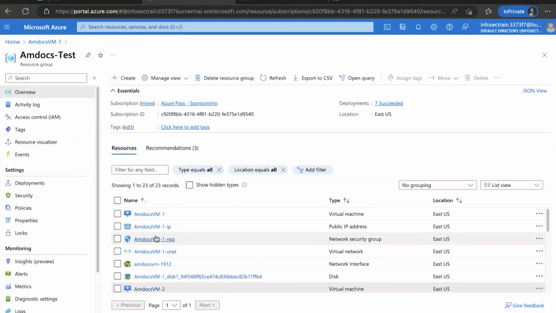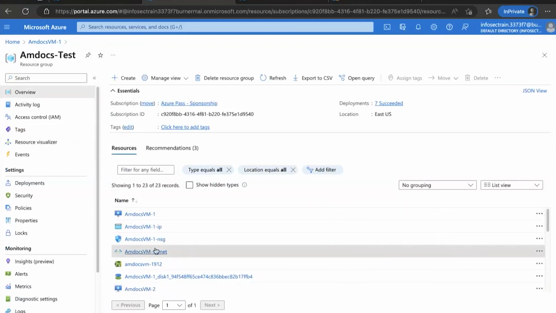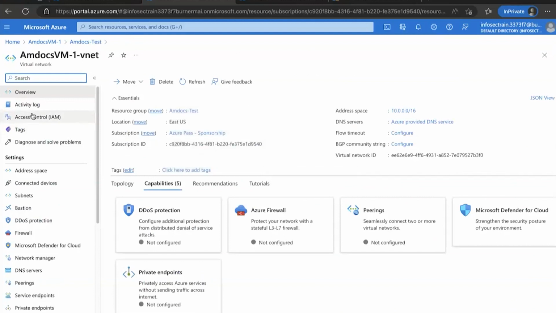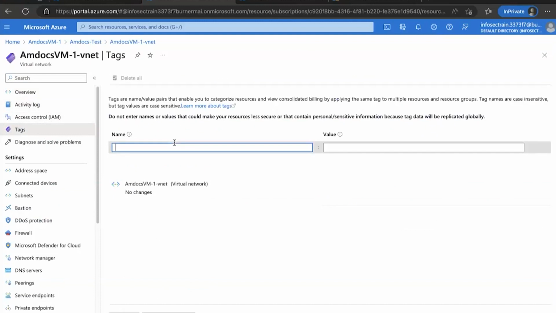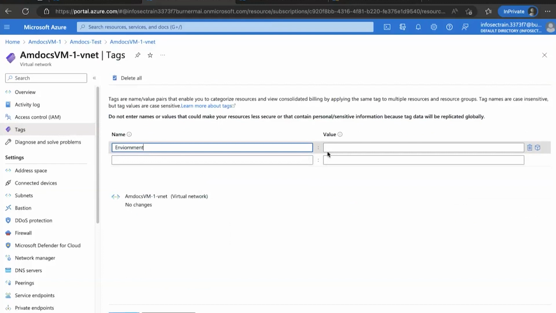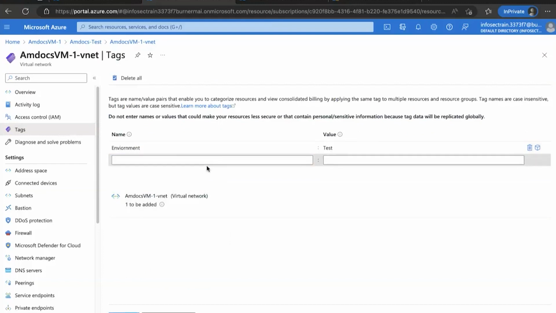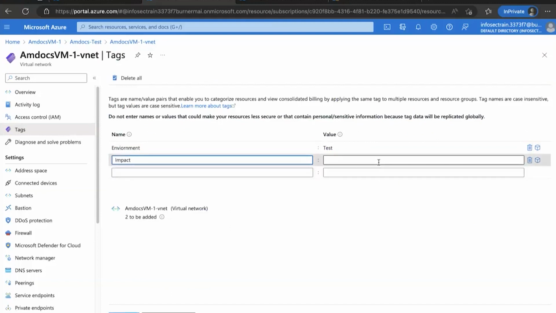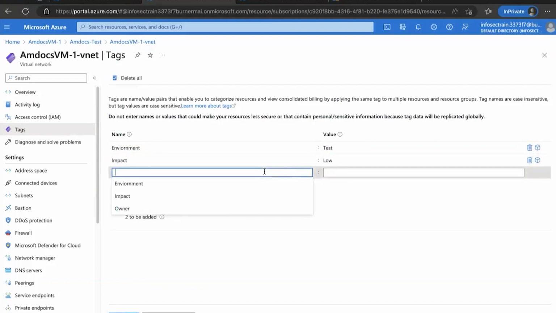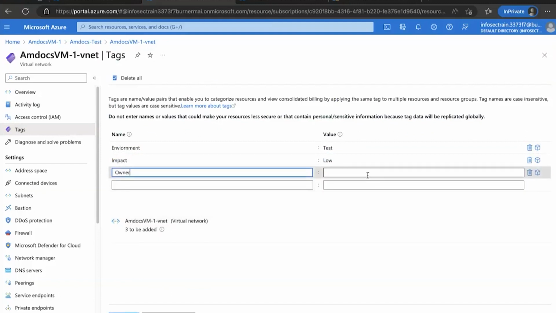4, resources over here. Then onto the VNet one, right? I can add the tags, same environment. I can choose it like, it is the testing environment. I can go here, I can use the impact of this will be the low. I will go ahead and the owner, I can go and select it is belonging to Jane Doe and apply this over here, right?